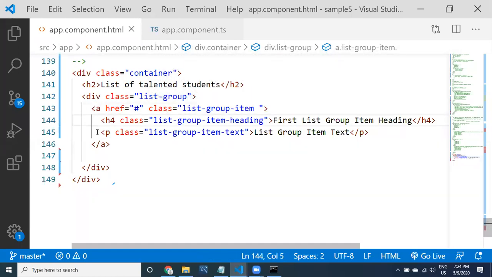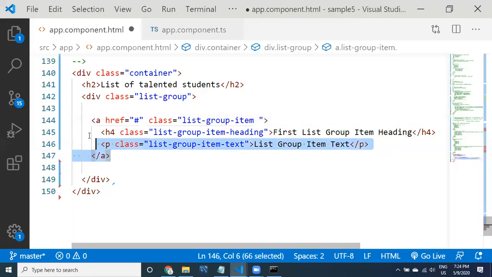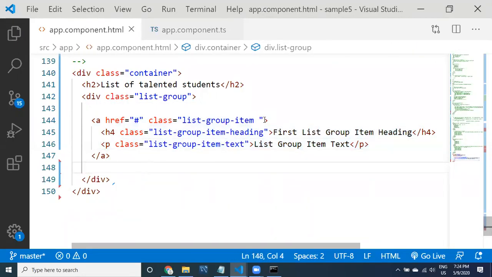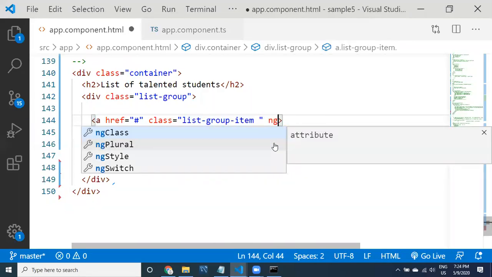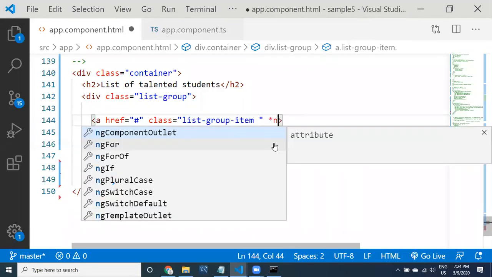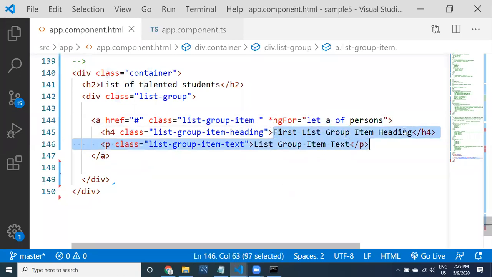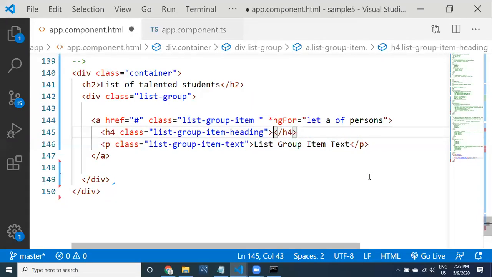Of course this is a static array, right? For every person I want to provide one item, so I need to apply *ngFor. You can apply it like this: let a of persons. You can provide any name here, I have just taken a. Now here I want to provide a string interpolation, a dot